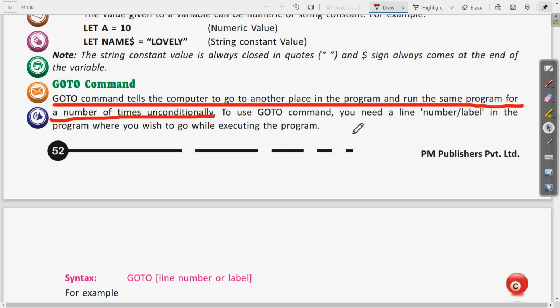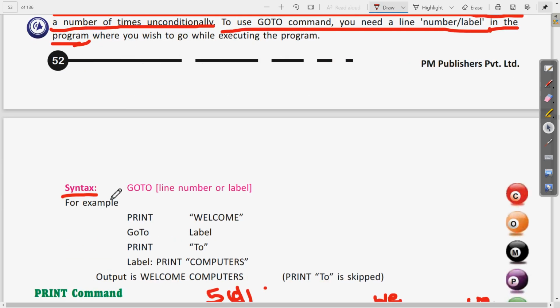And also we know that to use GOTO command we need a line number or label in the program. Clear? So you can make the sentence a little bit short. Then the syntax of this is: GOTO line number or label.